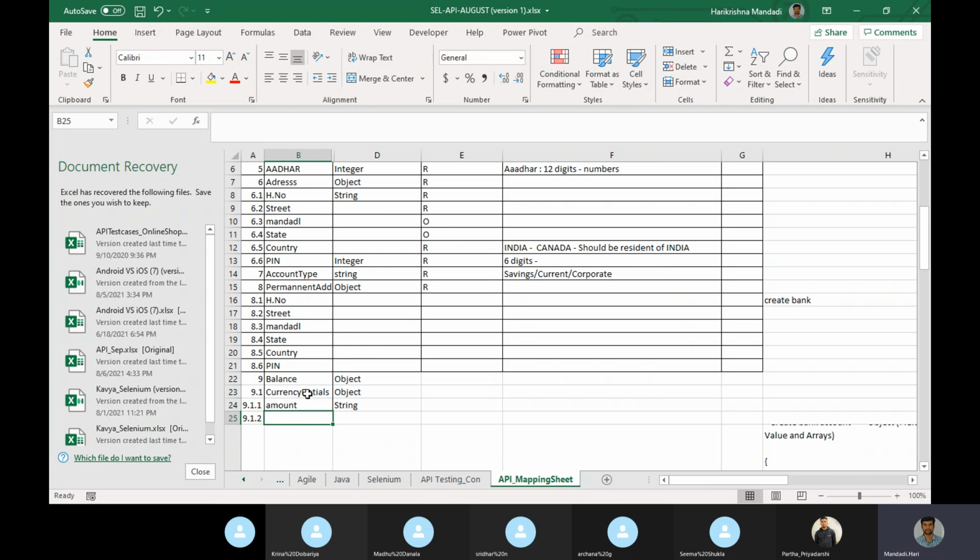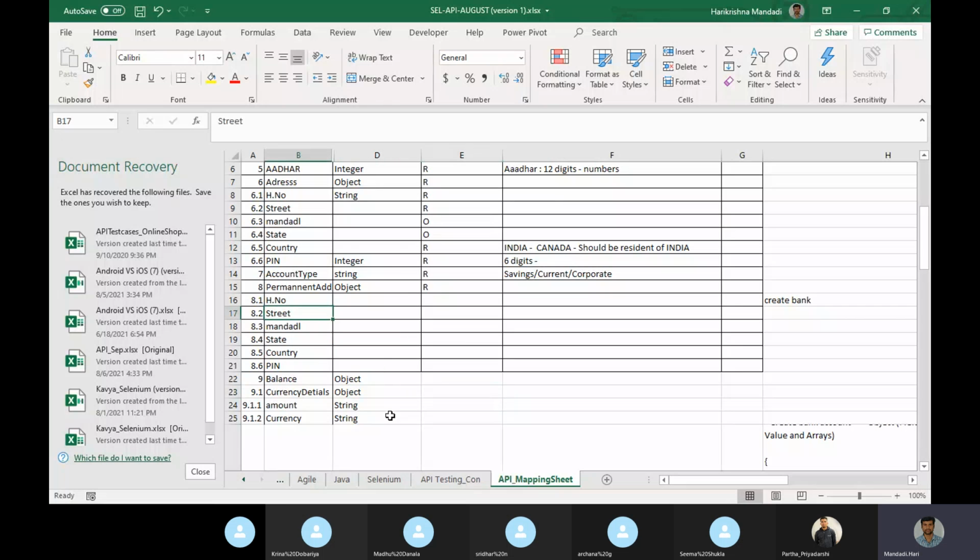If you know how to go through requirements, it's very easy to write cases. What is the amount and currency? Any doubts till now here?